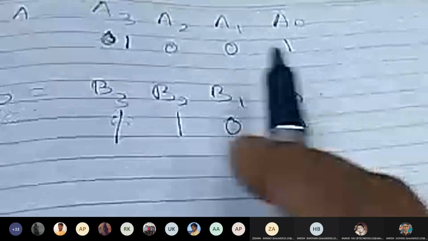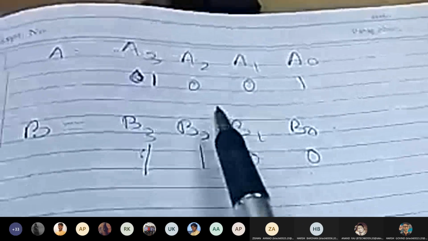I've understood what is happening. Okay, no issues. Whoever is listening, listen. We have been given two numbers. One Jisan has given and another one Hers has given. One number is 1001 and the second is 1100. According to the numbers on our screen, 1001 might be 9, and 1100 might be 12. Is it correct? This is 9 and this is 12. Yes, decimal numbers, ma'am.